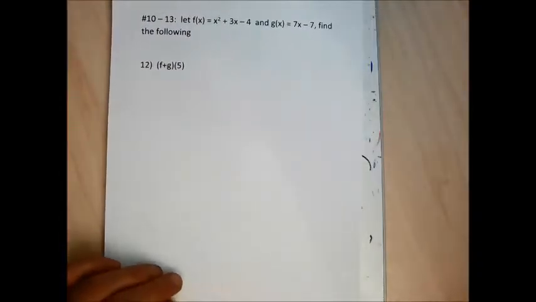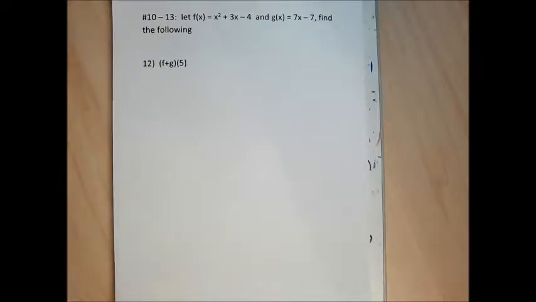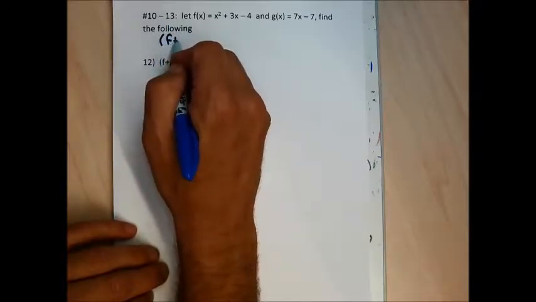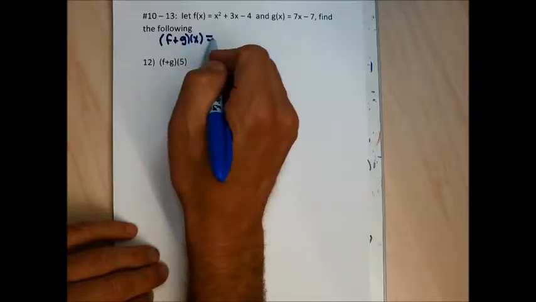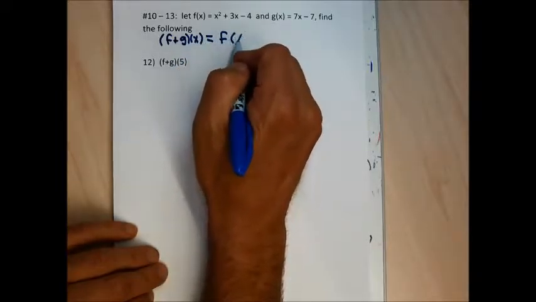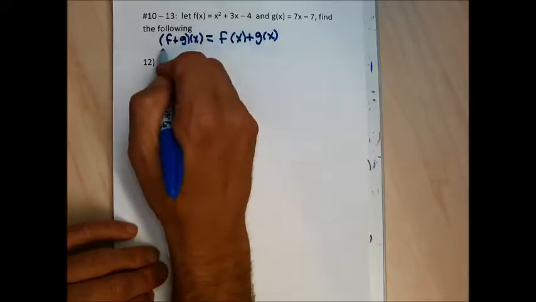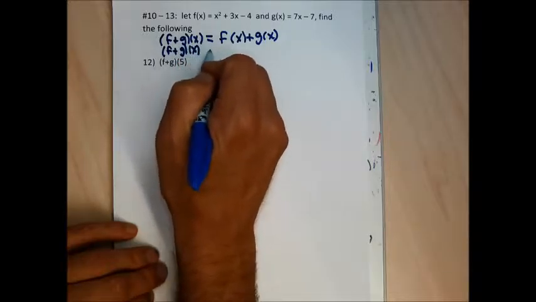12 and 13 are similar, but they have numbers in the parentheses. 12 wants me to find f plus g of 5. To do that, I'm going to first find f plus g of x, and then I'm going to change the x to 5. So f plus g of x is f of x plus g of x, which means that's equal to x